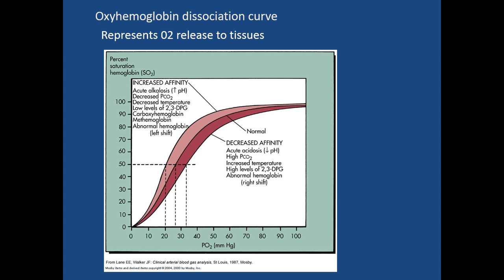So, normal oxyhemoglobin dissociation means that the oxygen gets into the blood, attaches to the red blood cell, and it gets to the tissues. And once it gets to the tissues, the oxygen is released into the tissues. So that's normal. Sometimes with certain respiratory and other disorders, and we'll focus on the alkalosis and acidosis because that's